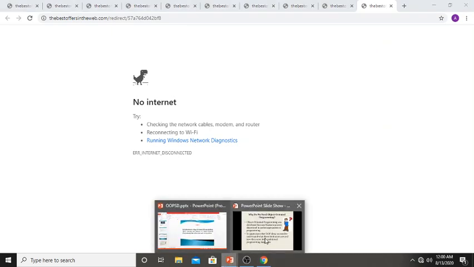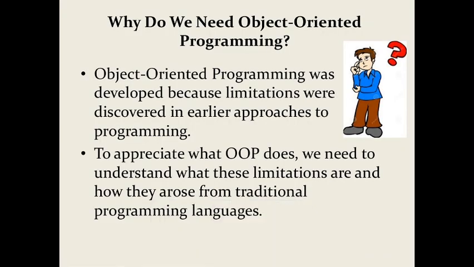The basic answer is that there are certain problems, lacunas and limitations with the earlier approaches, and in order to overcome or address those limitations and drawbacks, we should learn the object oriented programming language.